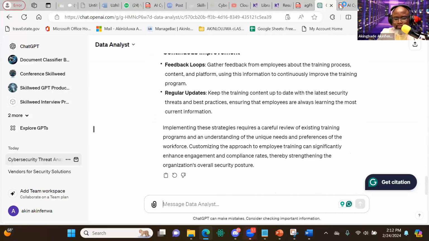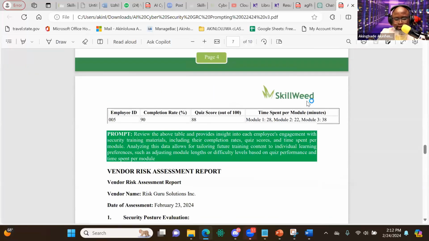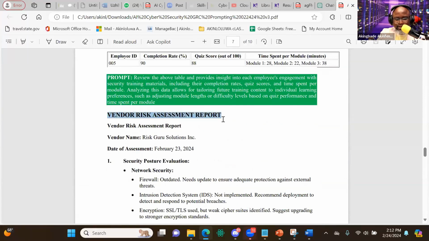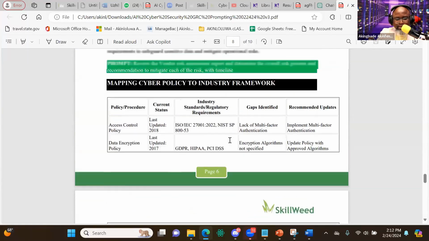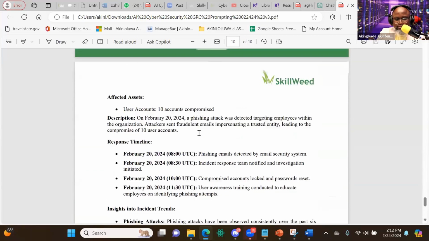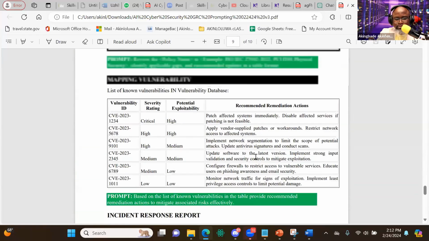Let's look at another data point here. I want us to do the last two. Put some context around the vendor risk assessment report and mapping cybersecurity framework, mapping vulnerability, and let's see what you guys can come up with. So I'll make you work as